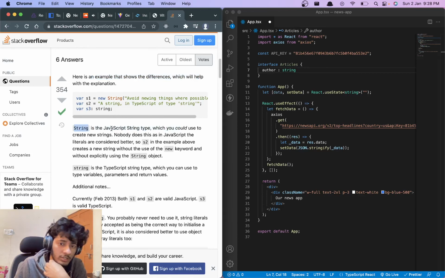You can see capital String is a string type which could be used to create new strings. Nobody does this in JavaScript. Literals are considered better.